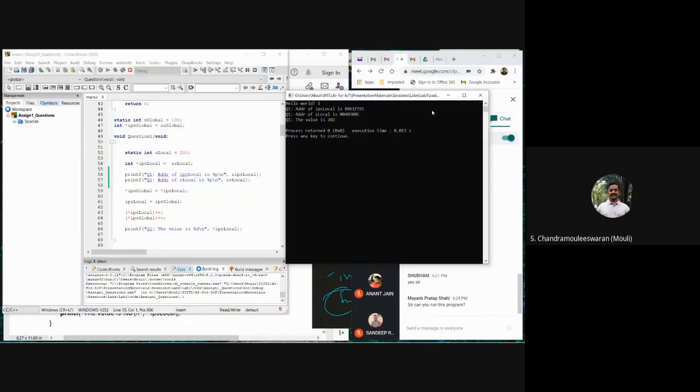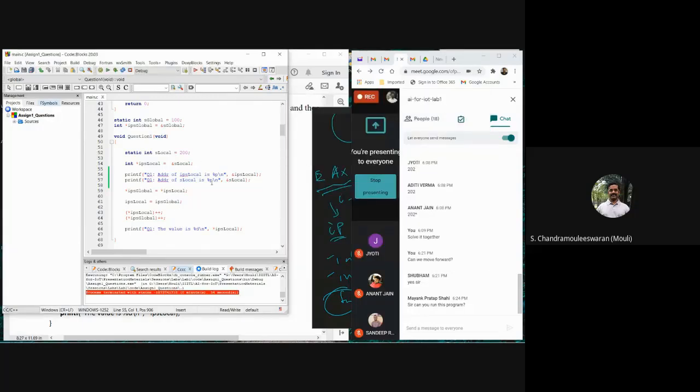Okay, let us see. I said that S global and S local may be residing side by side, so let us verify that also. I will print S global also. I can access it because I have the scope here.